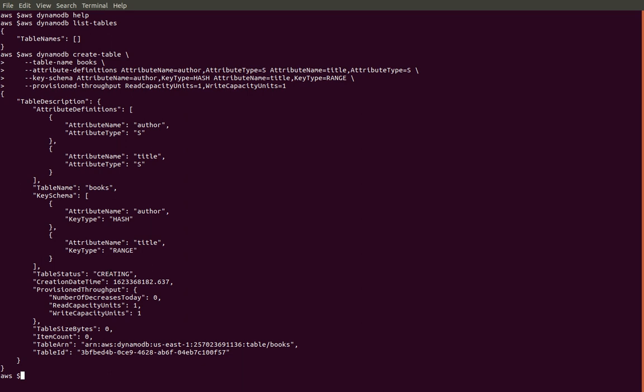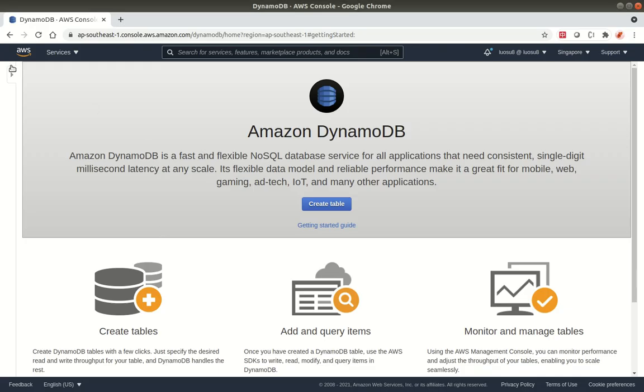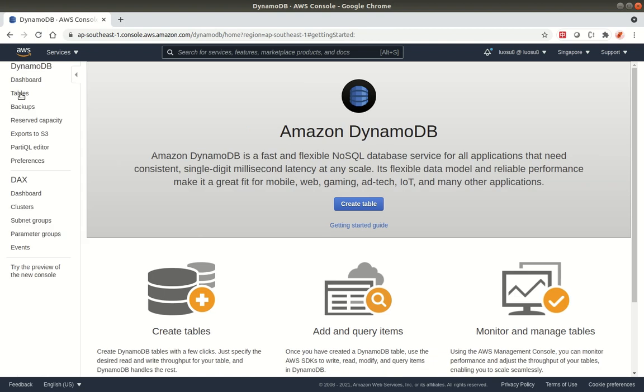Okay, so now you might want to have a look at your tables again. So we'll just go AWS DynamoDB list-tables. And here we go, we've got a table called books. Now, you probably want to see this with the console. So we'll go to the console here and go to the menu, tables,